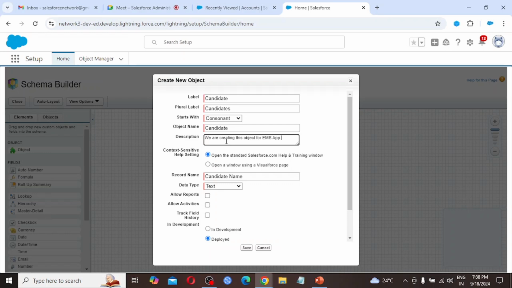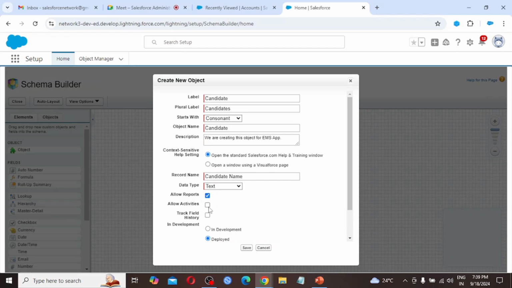In the description I had provided we are creating this object for EMS app, employee management system application. Record name is candidate name. Data type is text. So from here we are going to choose the data type text. Allow reports.